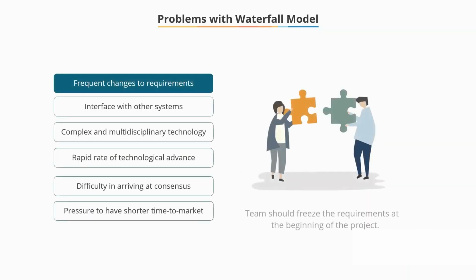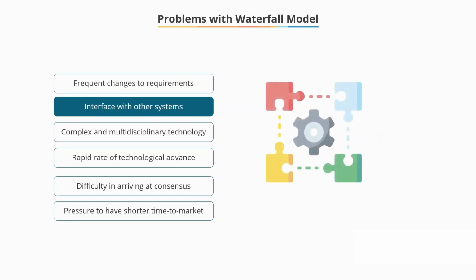In waterfall models, the team needs to freeze the requirements at the beginning of the project. This limits the project to adapt to any later enhancements or changes and may not be a realistic approach. In product development projects, the requirements may not be clear from the beginning. The product might need to evolve per dynamic market conditions and customer feedback over a period of time. Requirements emerge over a period.